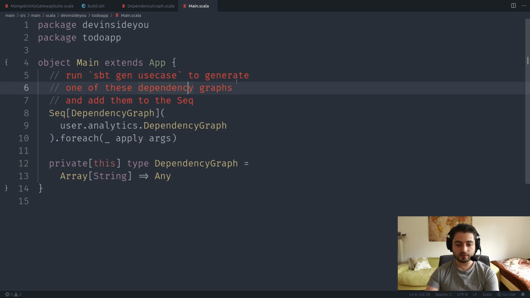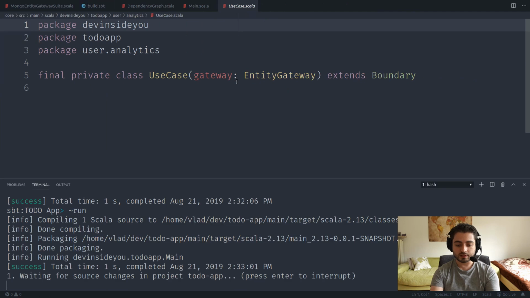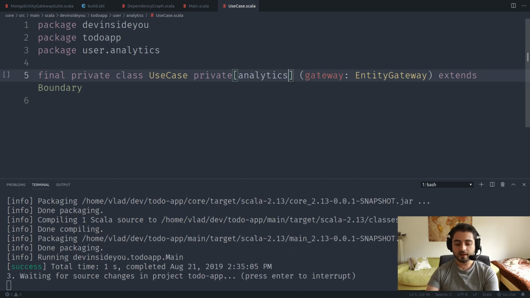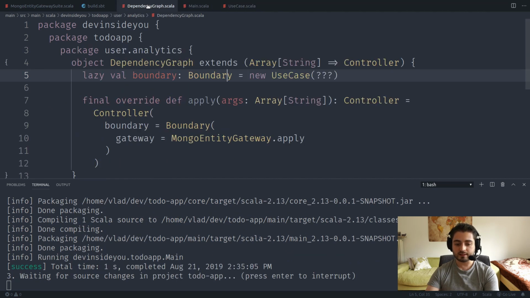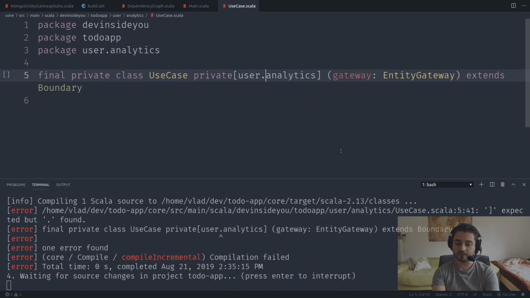If we go over here into the use case, whoops, that's not what I wanted. If you make the constructor private, it's still private for the package. Actually, in this case it's private for the use case companion object. But if we go over here and say analytics, then it will still compile, right? That thing in the dependency graph, we're still inside of user analytics. So this thing is not going to help. By the way, I wish that Scala would allow me also to do this, but it's not possible. Anyway,